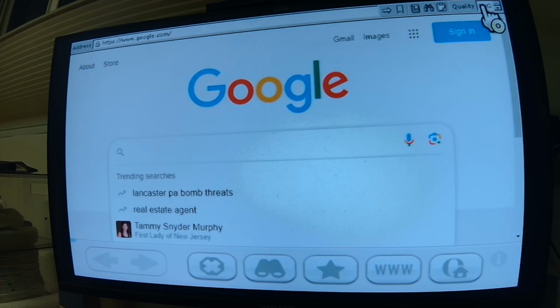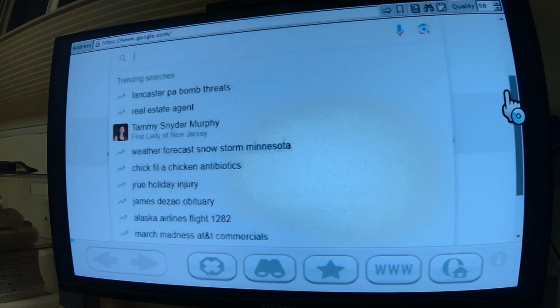That's normal. Also, if you want to turn the quality down, if you think your frame rate is too low, just go ahead and change this number at the very top right. I would probably set it to about 50. You might notice a bit of compression artifacts, but it might make it a little less laggy in terms of frames. Like, you should be able to scroll a little smoother now. Well, not really, but